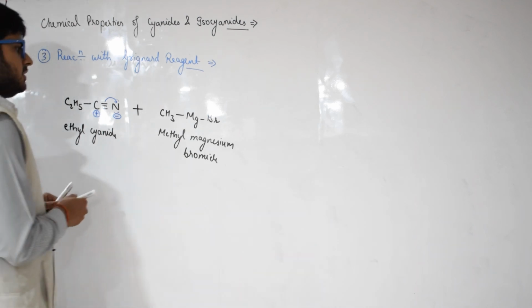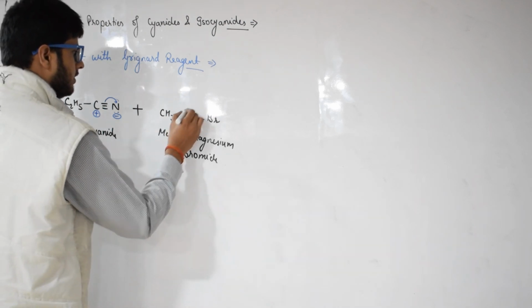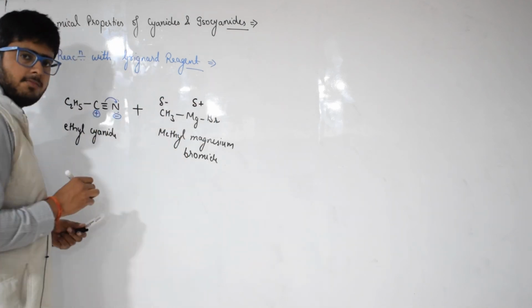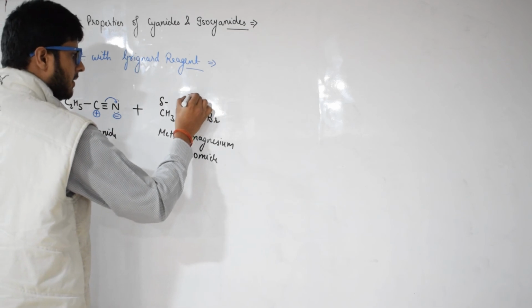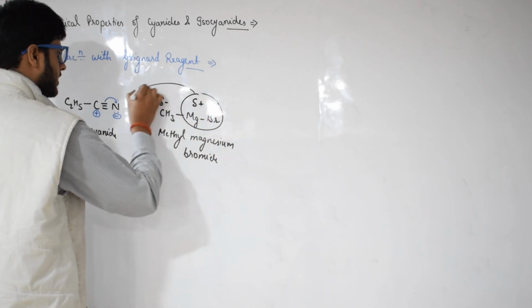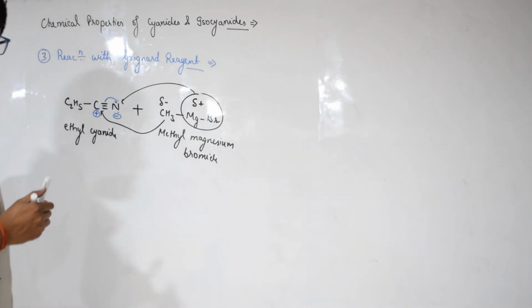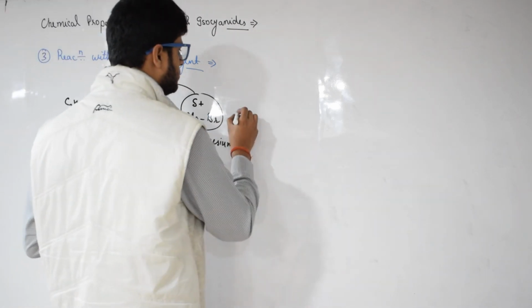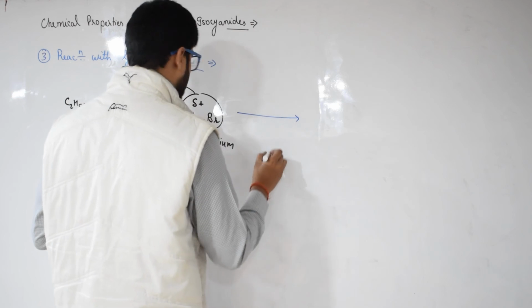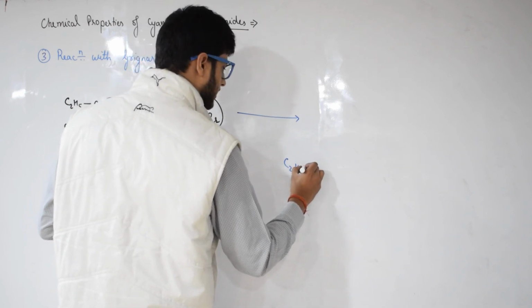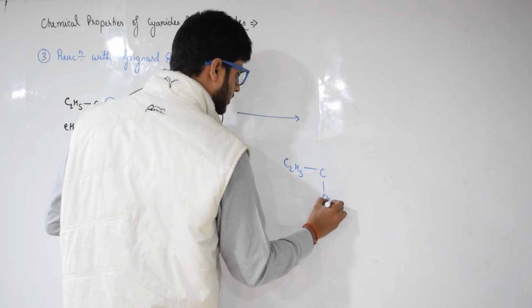So, of these, MgBr has a slight positive charge and CH3 has a slight negative charge. So, this MgBr part will be attached to this nitrogen atom and this CH3 will be attached to this carbon atom. So, it will form an intermediate compound like C2H5, C, CH3, and here we have